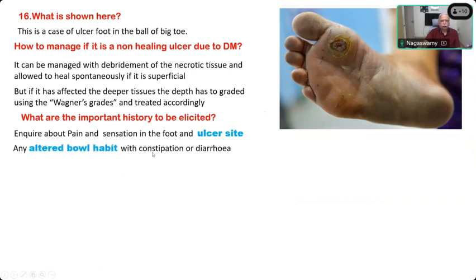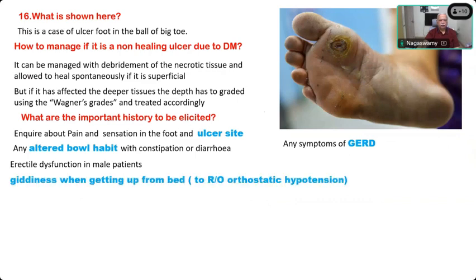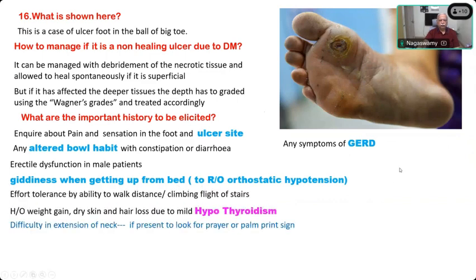Any altered bowel habit with constipation or diarrhea, because it's already said it is due to diabetes. So all the questions about what is the most important complication of diabetes? Autonomic neuropathy. Autonomic neuropathy, fantastic. So all the questions leading to find out whether the patient has autonomic neuropathy have to be asked. So altered bowel habit, any symptoms of GERD, erectile dysfunction if it is a male patient, giddiness on getting up from bed, to rule out orthostatic hypotension, effort tolerance and ability to walk distance, climbing flights of stairs,